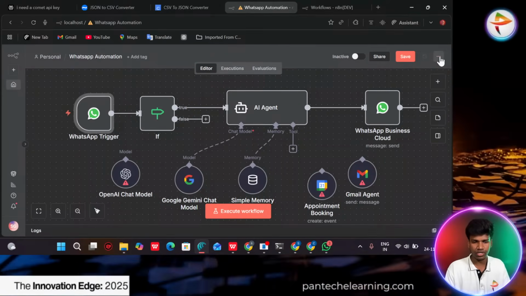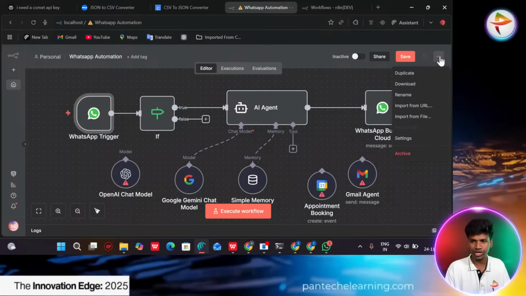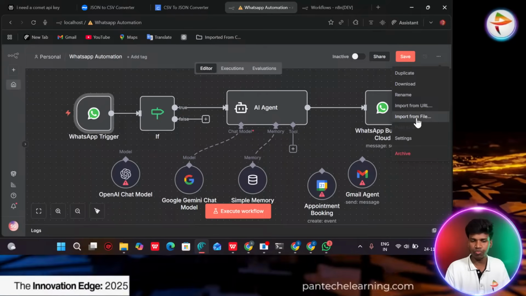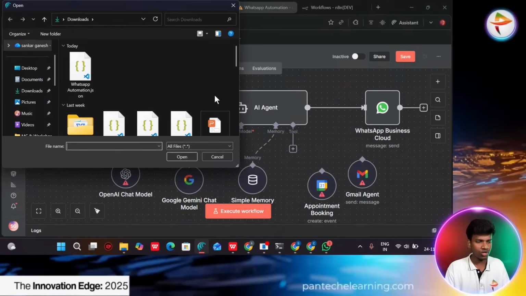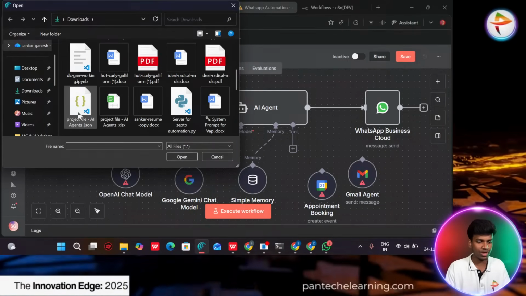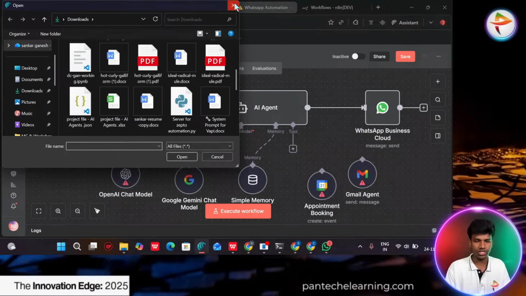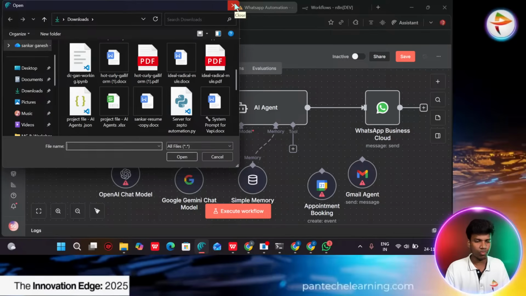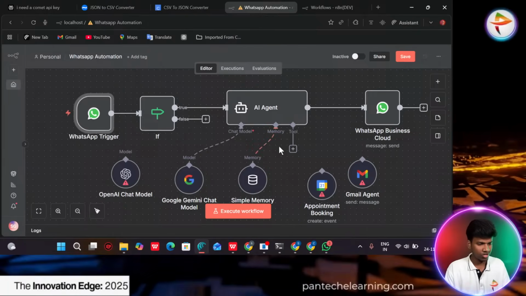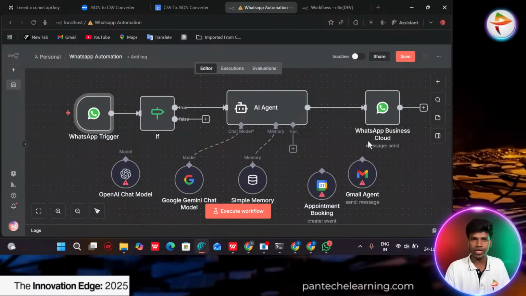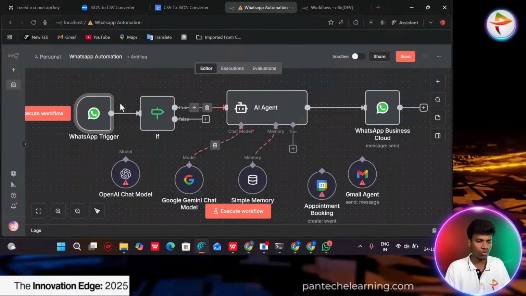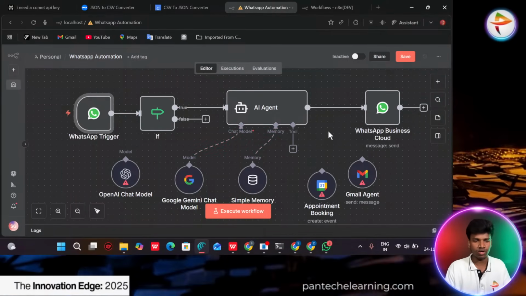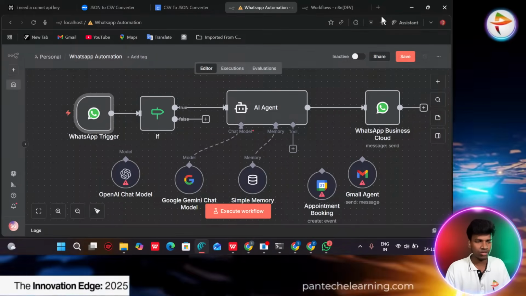Click the three dot button on the right side, click import from file, select where your file is in the file manager, and upload it here. You only have to modify the API key and account ID. Otherwise the workflow and node connections all already exist, so you can easily do this.